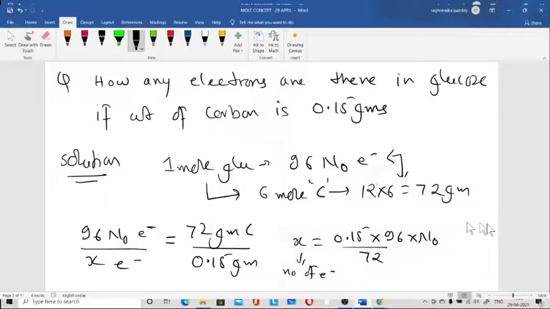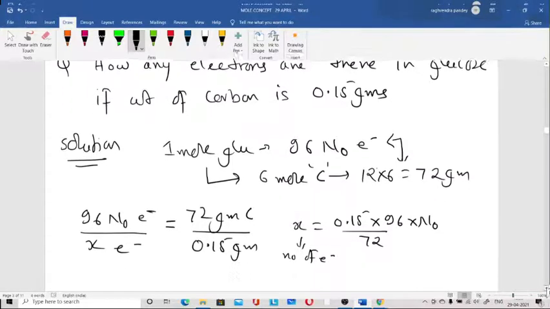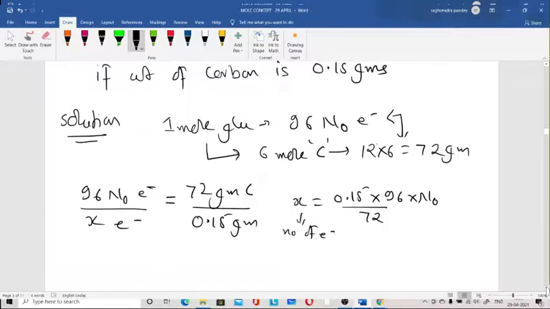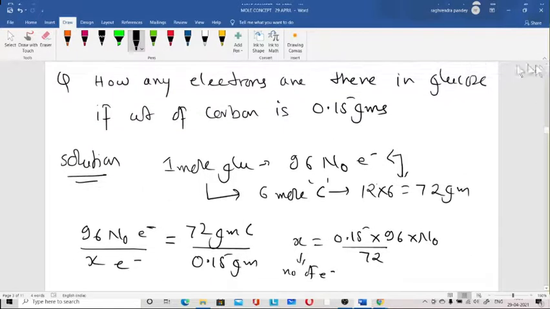Yes, yes, you can do that. You can find moles of glucose and then you can equate it with it. That is fine. Then you can calculate. Yes, you can do that. That is a typical question. Previously, they have asked in many exams, and they left it up to n naught.